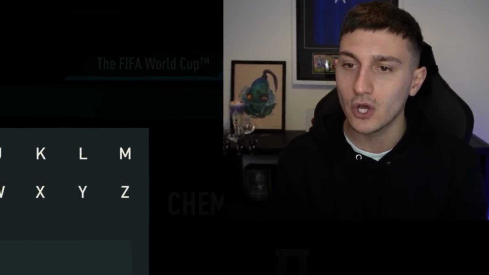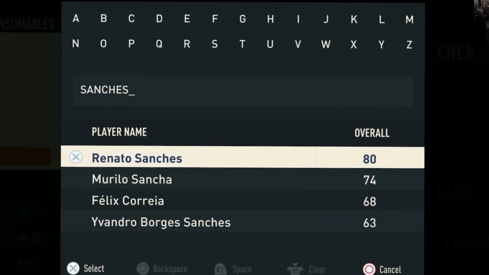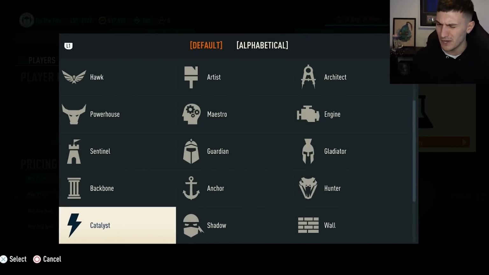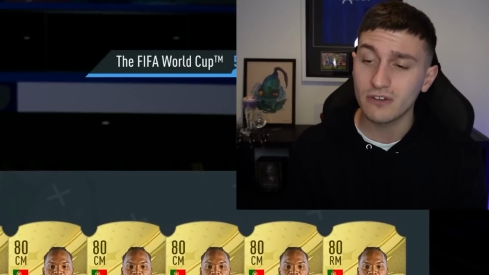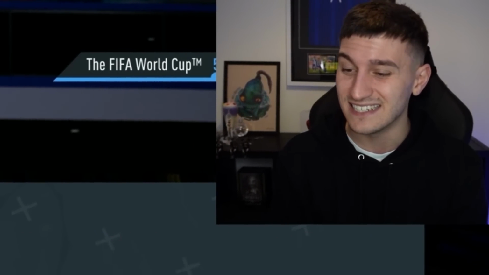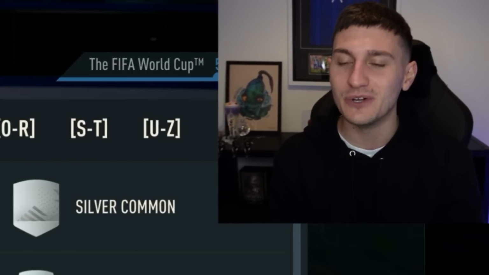Really important. Then I'm going to back out and go over to the market and double check his price, which is going to be Renato Sanchez. We just found him at 3.3k, so if he's going for like 4,000 coins or more, that 3.3k could actually be a decent deal. But there's loads of others up at that, so it wouldn't have been a good deal. So now I know that the next thing that I need to do is jot